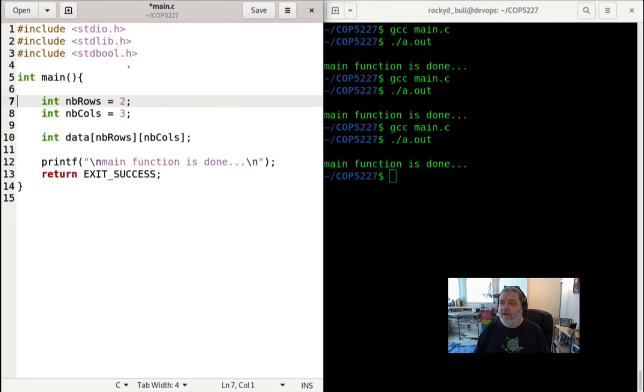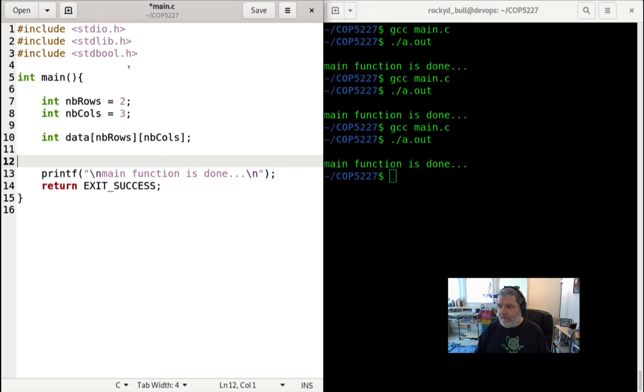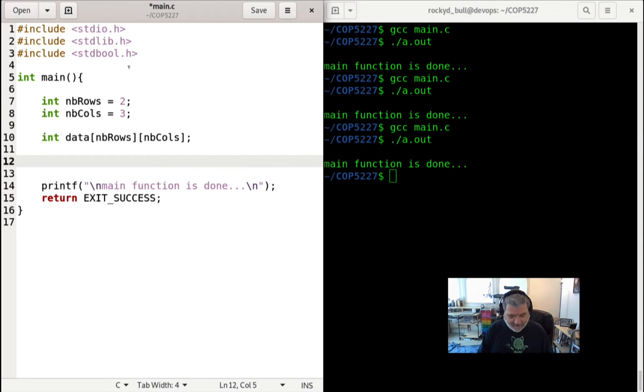Now, if I want to initialize that array with values, for example, well, I'm going to have to use a loop. For a one-dimensional array, I need only one loop, where the loop goes over every element of the array. For a multi-dimensional array, generally I need multiple loops. There are ways to write things differently so that I don't use multiple loops, but the most intuitive way to